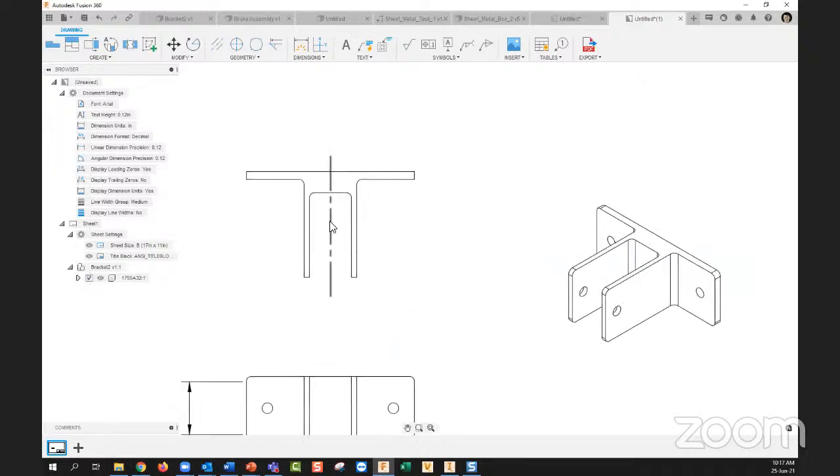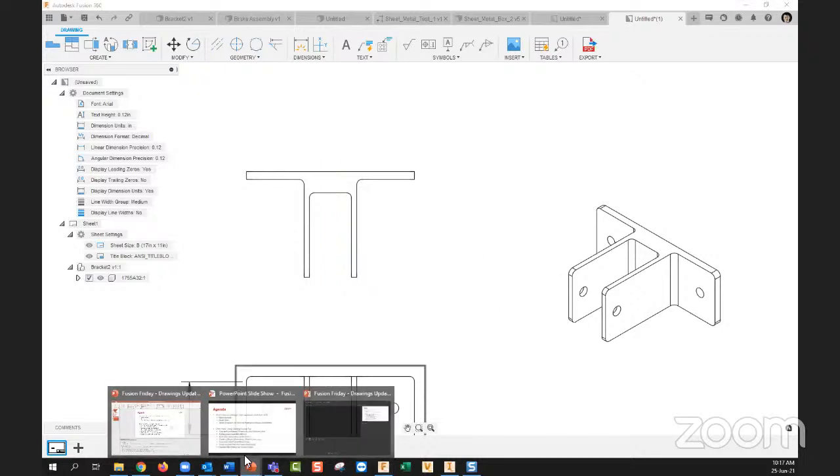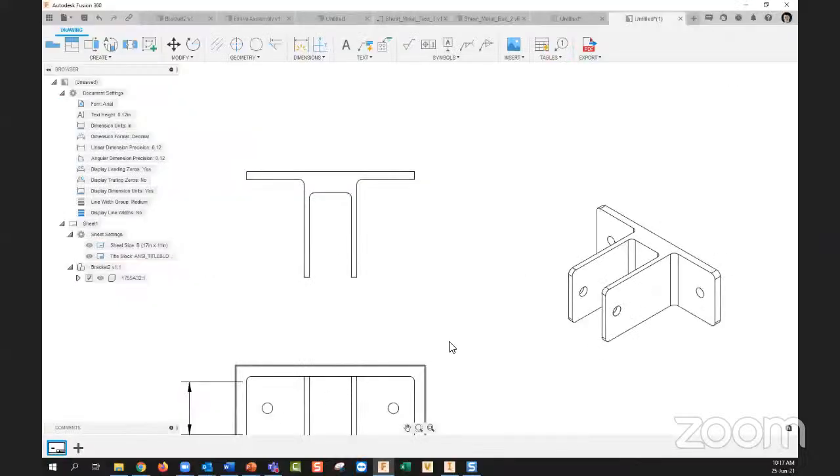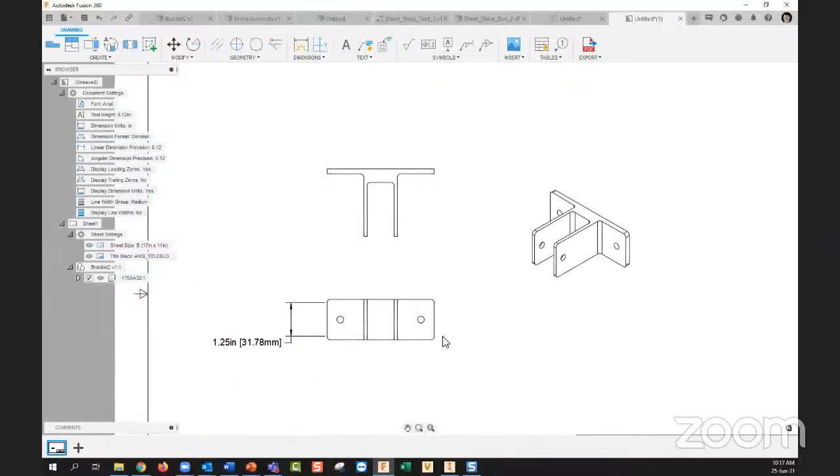Or if for whatever reason you wanted a center line that had only one dash in it, or you wanted a different font, maybe you even want a hidden line here for whatever reason, you have the option. I'm getting into my next point here of using Sketch to satisfy that flexibility that you need, that more niche control. So if you go over here to create sketch,